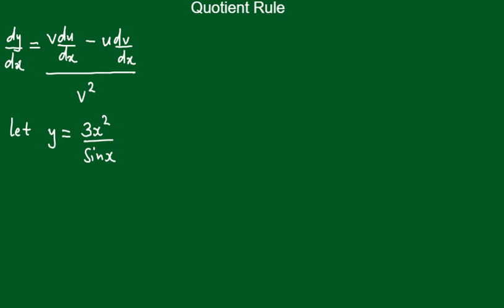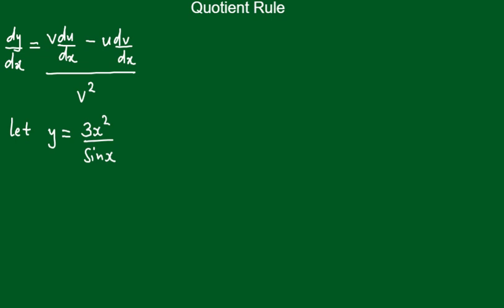So it's just a matter of choosing your u and your v, and in this case our u is 3x squared. Our u is that part of a fraction that is on the top part or the numerator, and our v is the denominator. So let's go ahead and just solve this